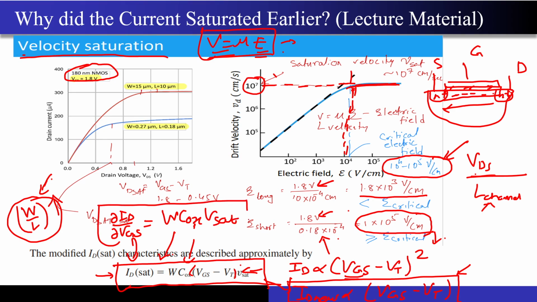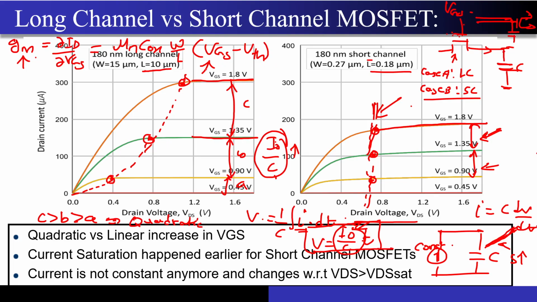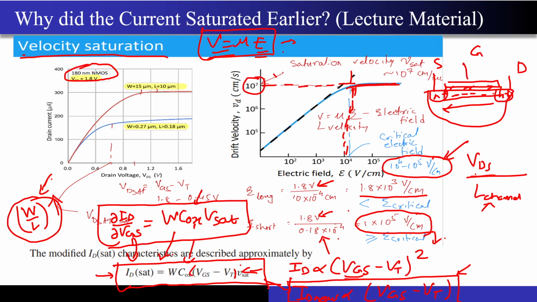What you are seeing over here is that there is no more control. VGS cannot control the gm of the transistor anymore. There is no way that I can increase the gm in this particular case. In the previous case, by changing the bias point, that is changing the VGS value, I was able to control the gm. Now that is not happening. So that's another bad thing. Even though velocity saturation seems like a good phenomenon because the carriers have reached the maximum velocity, it is a very bad thing from the current as well as the transconductance point of view.